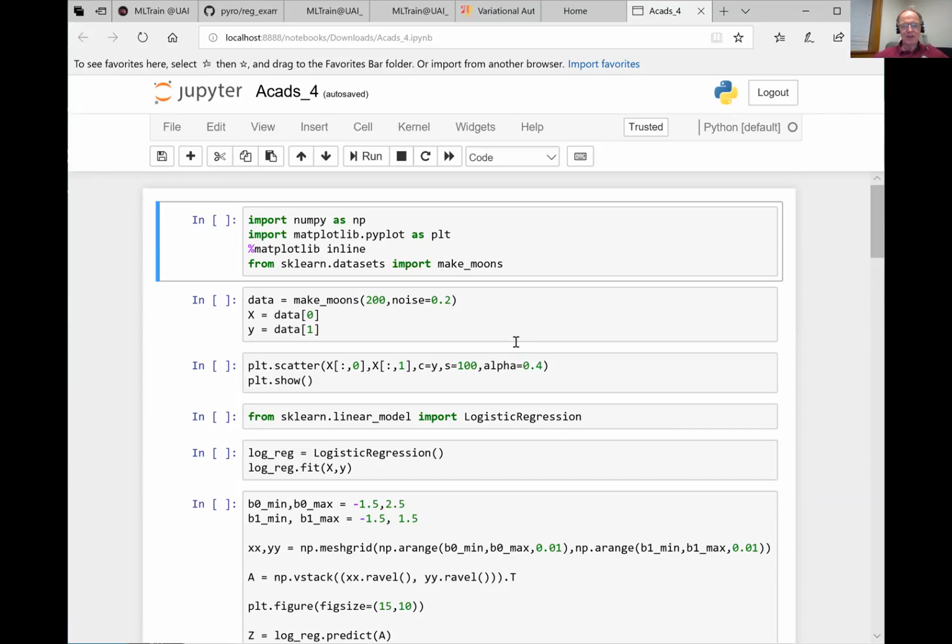I just need to start my Jupyter notebook. Okay, let me share the code again. Right, so here's the Jupyter notebook,